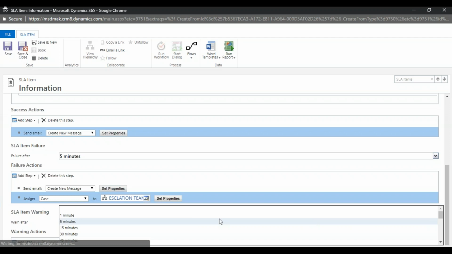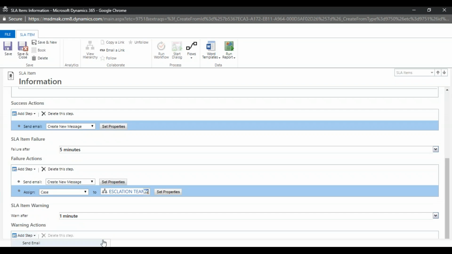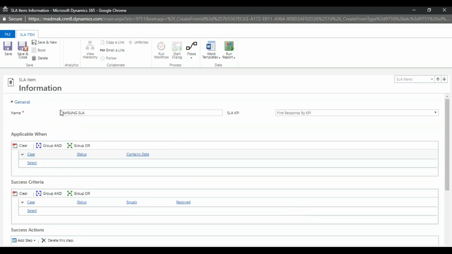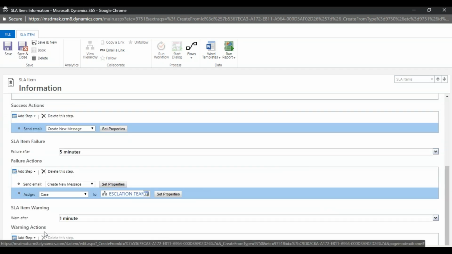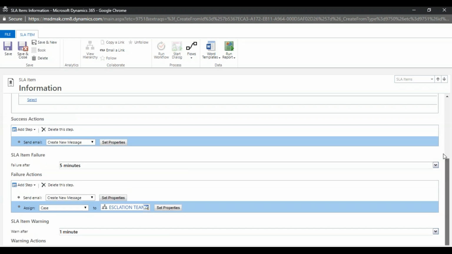Okay, next we'll have a warning. So we'll give the least time, that is 1 minute. Add a step in the warning, that is sending out an email. So you are creating an email based on the trigger, right? Yes, this automation, we are doing automation. Okay.